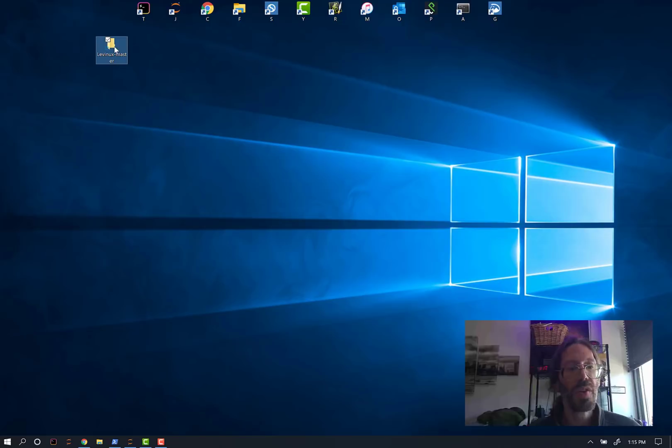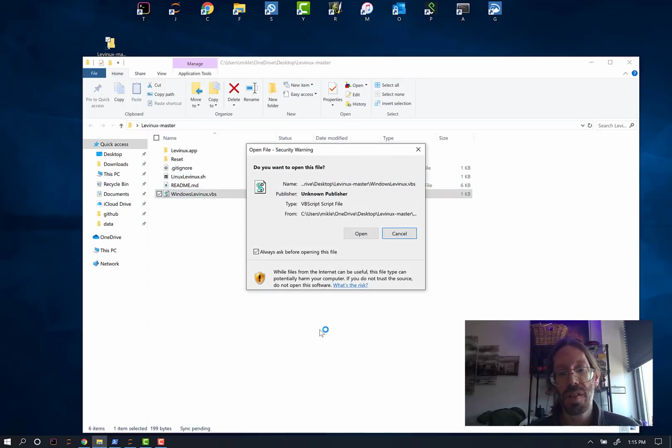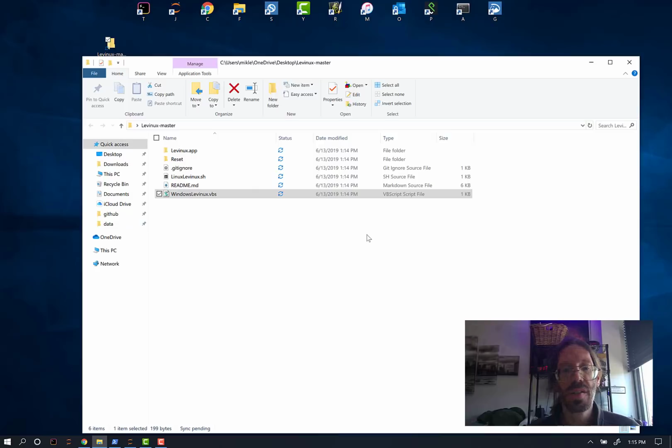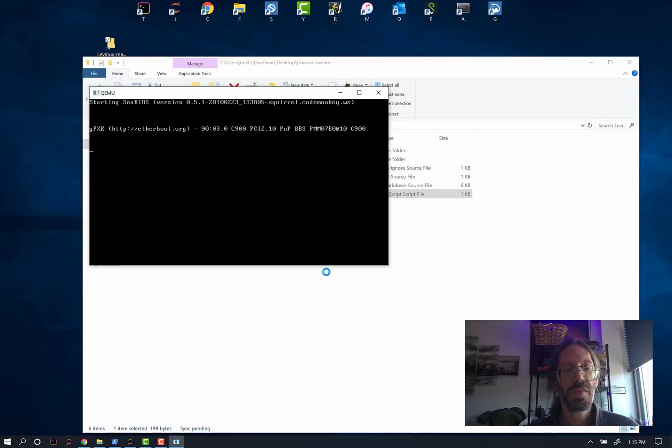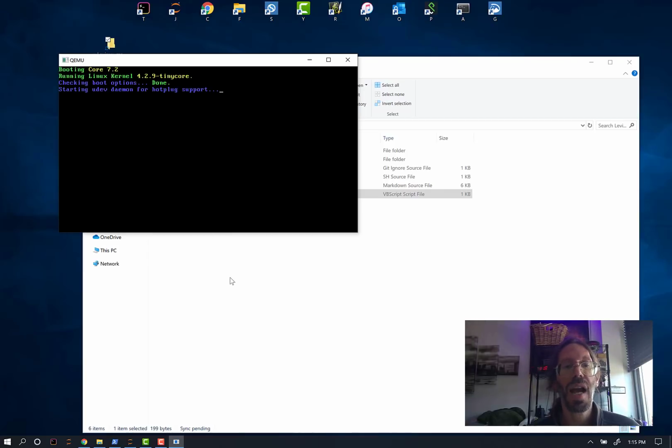There is the unarchived version, and when you open it, this works the same way basically on the desktop of a Mac or Windows or even another Linux system, any of your GNOME or KDE installations. You click the icon that's appropriate to your operating system. Standard security stuff is going to say, are you sure? You okay it, and up pops Levinux, which is basically really a bunch of QEMU files that have been out there forever that have proven to be highly compatible, run across all platforms, stable versions of QEMU on Windows and